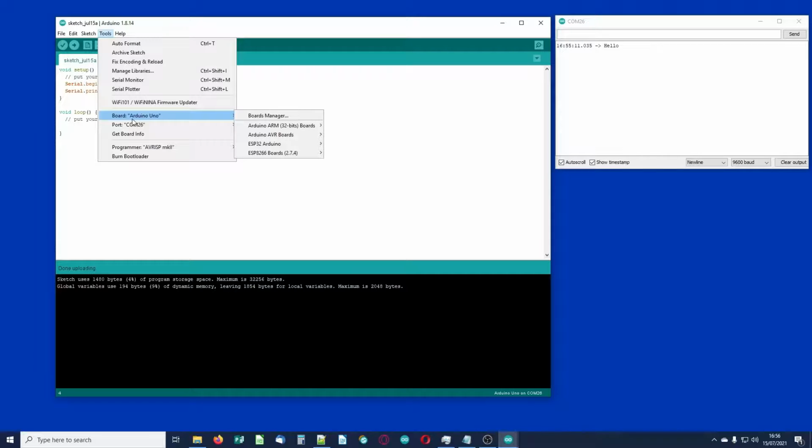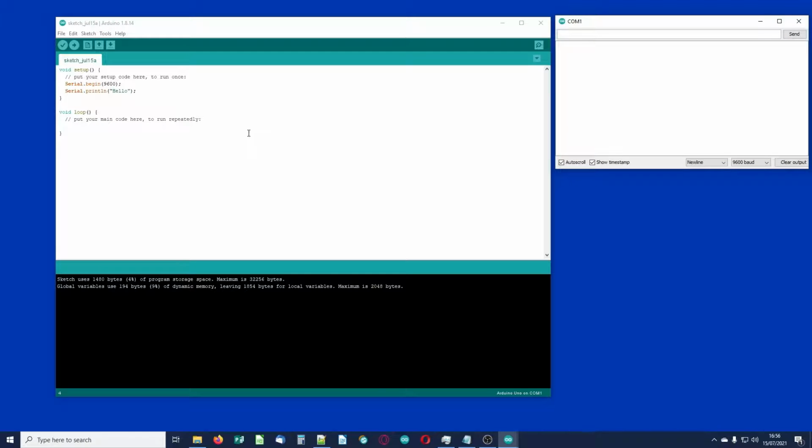there are certain errors that I see all the time that people make, and the most obvious one is they haven't selected the right COM port. Now I've just swapped to COM port 1. Now I know that my Uno is on COM port 26, but what I'm going to do now is upload that program, and we're just going to see what happens. Now, what I'm going to do while it is uploading,